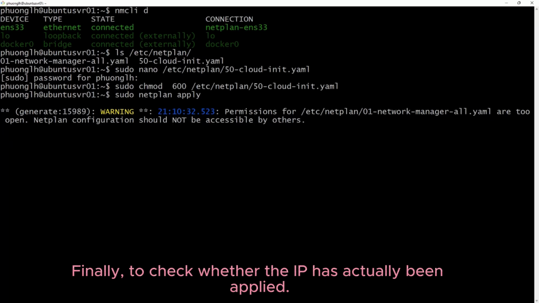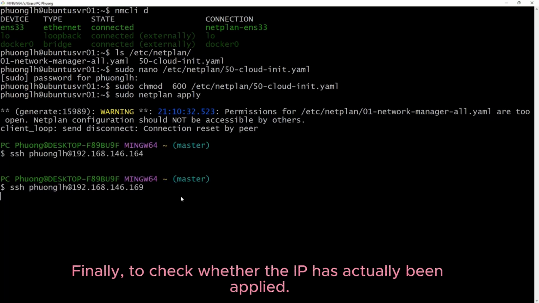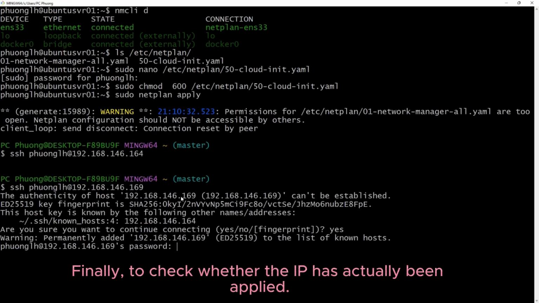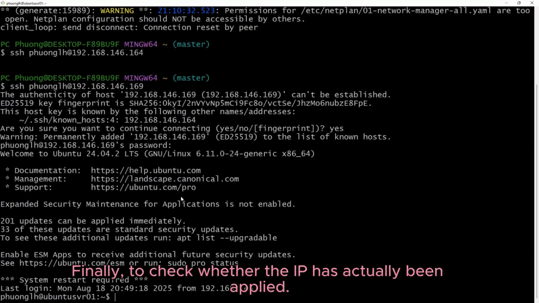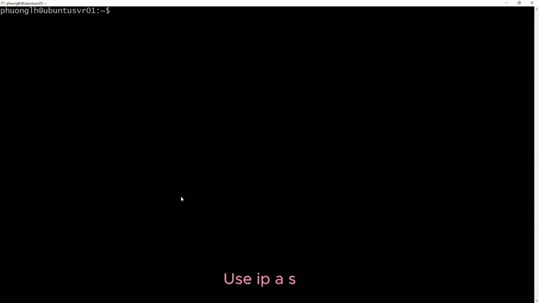Finally, to check whether the IP has actually been applied, use ip a.